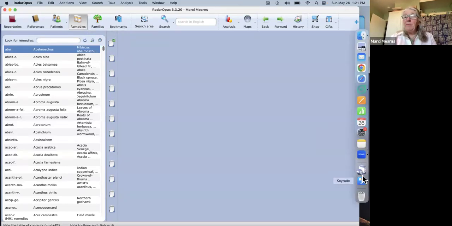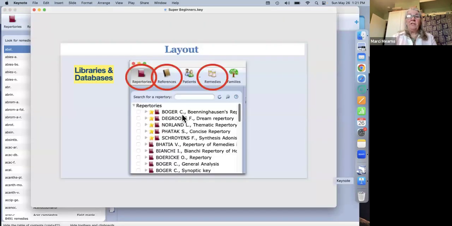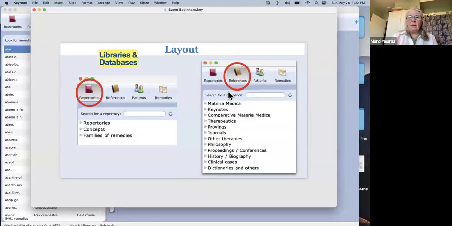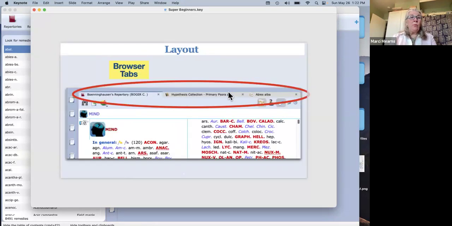So let me go back to my presentation and see. Yeah. So in the layout section, the first thing we're looking at are our libraries and databases. How do we open that table of contents up using those big icons? Next, okay, here we go. This is all going to be available to you as well. If you'd like to have a handout of this, I think we're going to make those available to you. So you can see the categories as we just noticed. And we're going to go to the next part of our layout, which is what I like to call browser tabs. Okay, so let's get back to the software